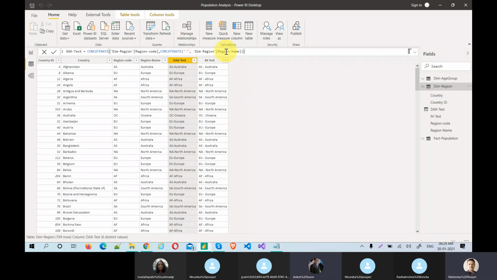Okay, but what is the best practice, DAX or M code, to concatenate or add a custom column? Yeah, see, the best practice is nothing. You can take the columns and just concatenate. Anything is fine, but I'm telling you in what context we use which. Both can achieve the same. If you have an iPhone and an Android phone, you think about which to choose in what context. If you want dignity and professionalism, just choose the iPhone.